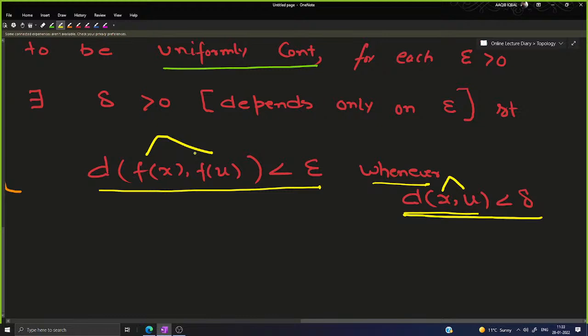ठीक, अगर आपके पास एक यूनिफॉर्मली कंटिन्यूअस फंक्शन है, एंड इफ यू टेक टू पॉइंट्स व्हिच आर सफिशिएंटली क्लोज, देन देयर इमेज will also be close. This is not true for a function which is continuous in the ordinary sense. ये मैं आपको इसकी एग्जांपल अभी थोड़ी देर में दूंगा, जहां मैं आपको दिखाऊंगा कि this is indeed not true for functions which are continuous in the ordinary sense. उनके लिए ये इस तरह की चीज ट्रू नहीं होती है in general.